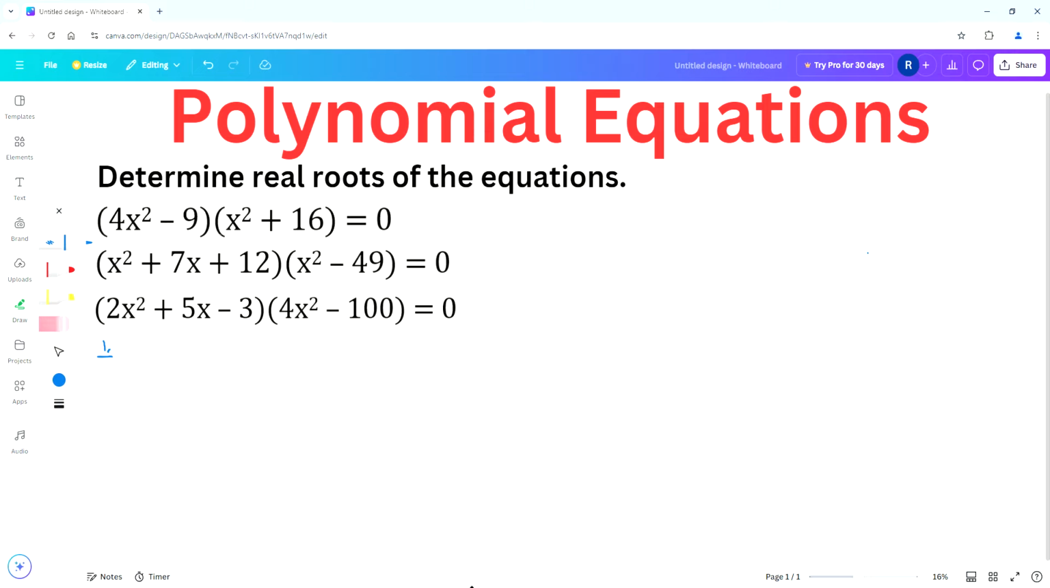The first equation is given in factored form, but we can factor it more. The first factor in the given equation is 4x squared minus 9. We can factor this expression using difference of squares factoring method. The square root of 4 is 2 and the square root of 9 is 3. So we can rewrite the first factor as